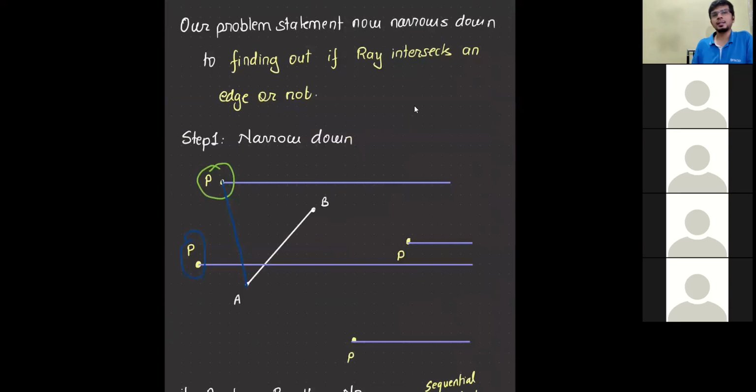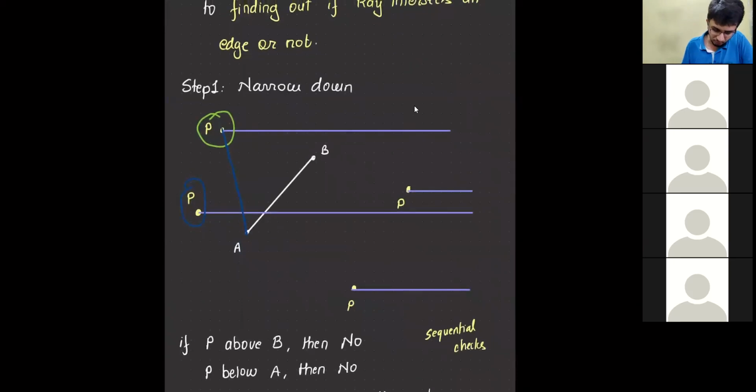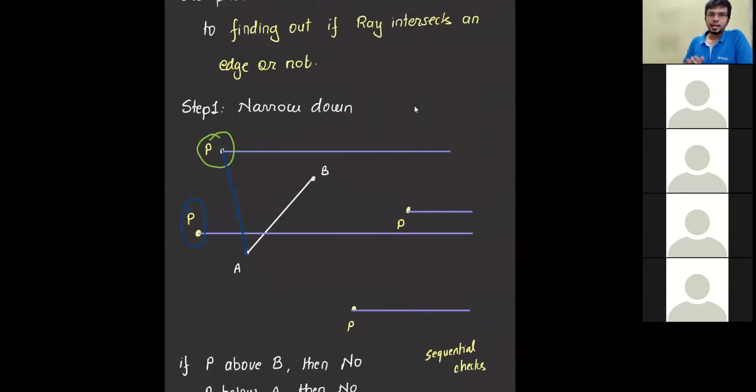So if we arrange this, our problem actually becomes very simple. We will always know that y1 and y2 are arranged like this, with y1 less than y2, so P1 and P2. So this is my P1, this is my P2. Now what we are doing here is checking whether the ray intersects or not. Since we are starting from P and moving to the right towards infinity, if my P is above y2, then my ray would never intersect.